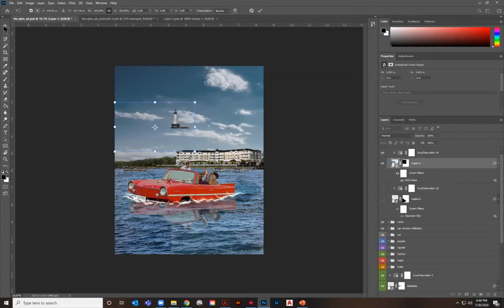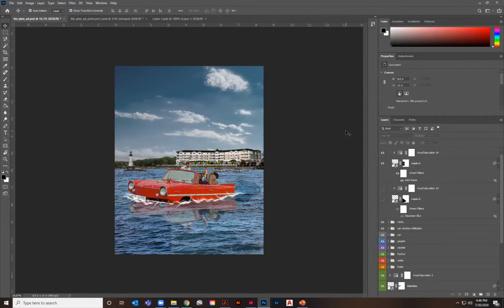I find it comes in handy when they picked this flooring and then all of a sudden they want that flooring, but I've already spent hours doing the shadowing and the texturing and all that. I just have that one file and I can switch out the smart object and change that. I don't have to change any of the other stuff. Like if I'm doing a tie, I can have the tie all set up, and then if I want to change out the imagery on it, I can do that.